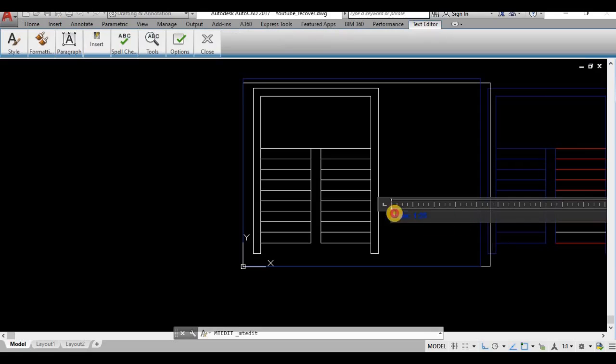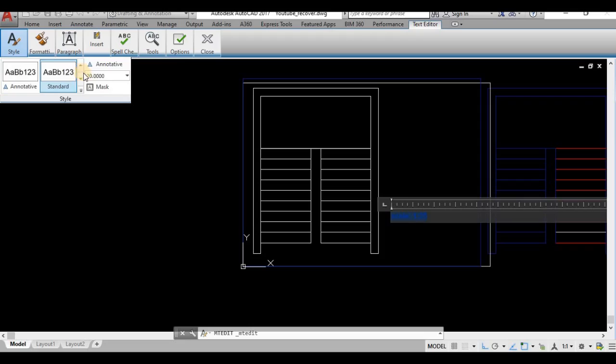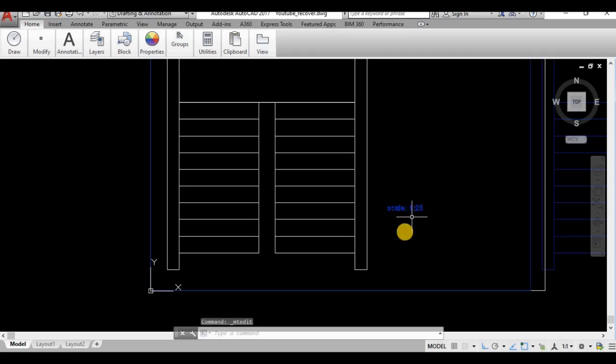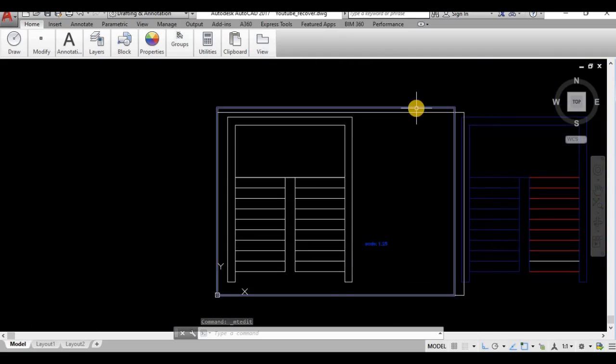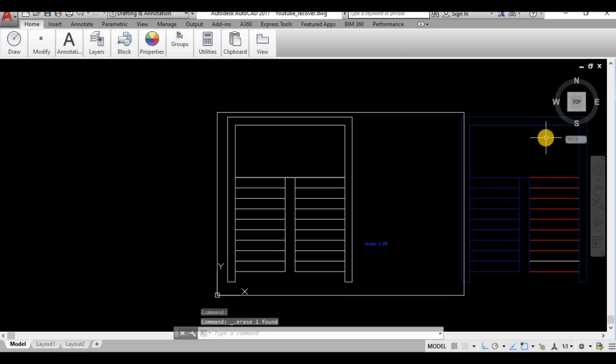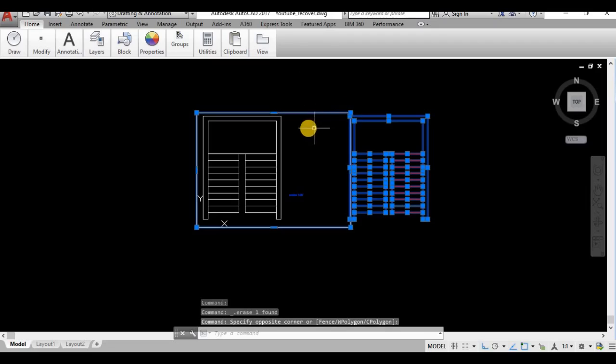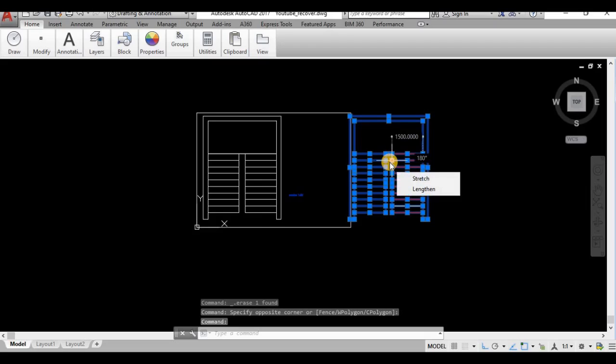Still it is invisible, so let it be 100. Okay, the scale of this is 1:25. I have some other drawings, so I shall move this object to some distance.